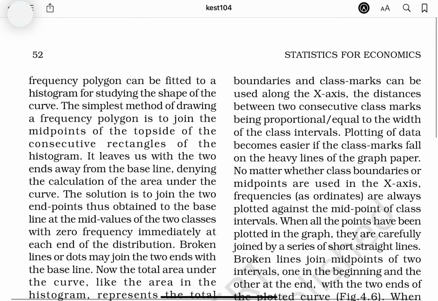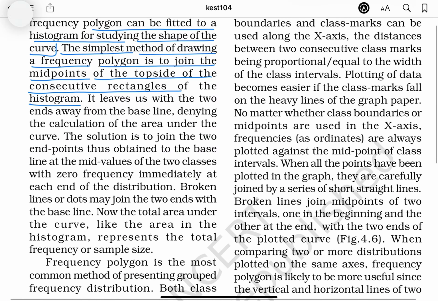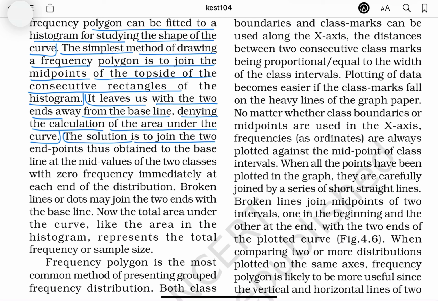A frequency polygon can be fitted to a histogram for studying the shape of the curve. The simplest method of drawing a frequency polygon is to join the midpoints of the top side of the consecutive rectangles of the histogram. It leaves us with the two ends away from the baseline, denying the calculation of the area under the curve. The solution is to join the two endpoints thus obtained to the baseline at the mid-values